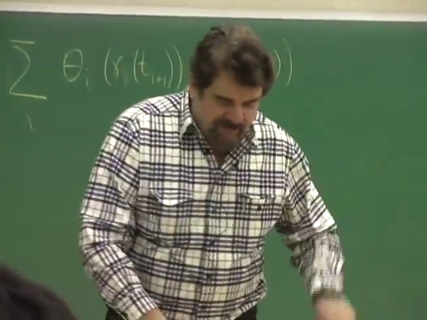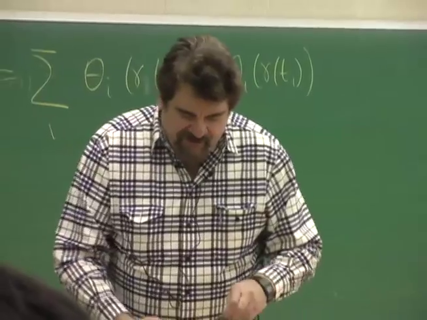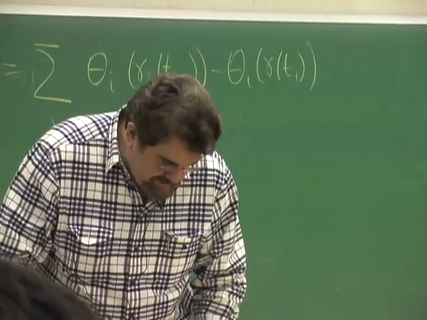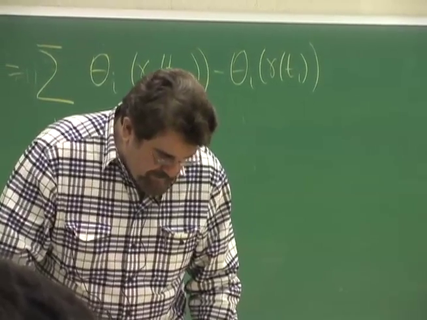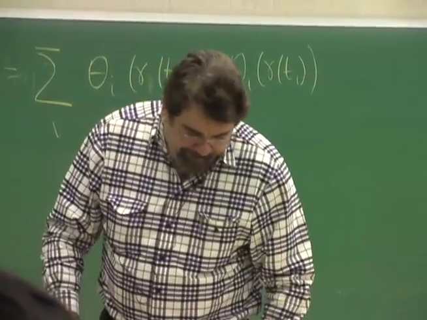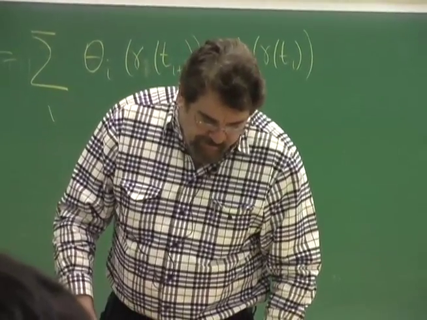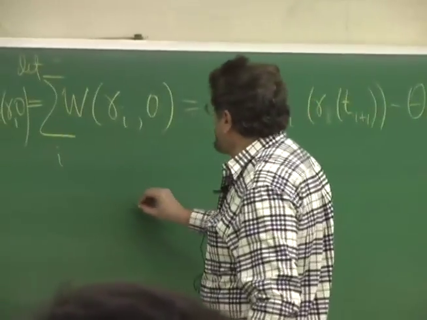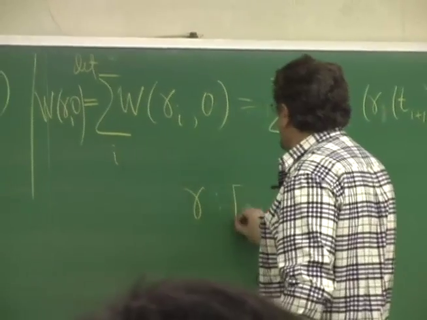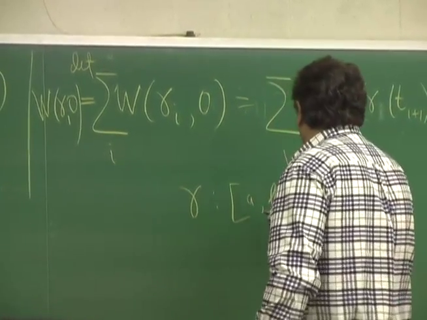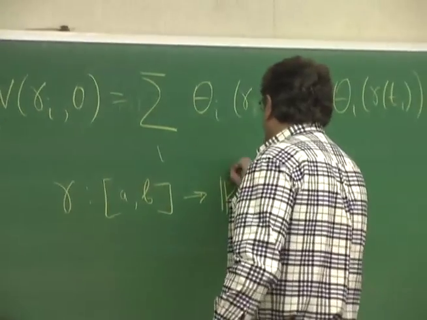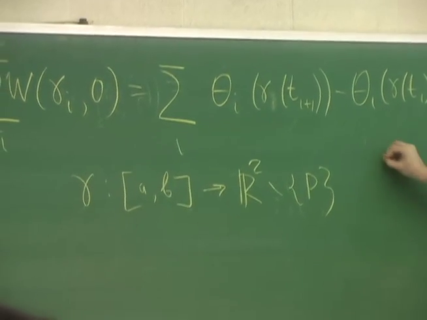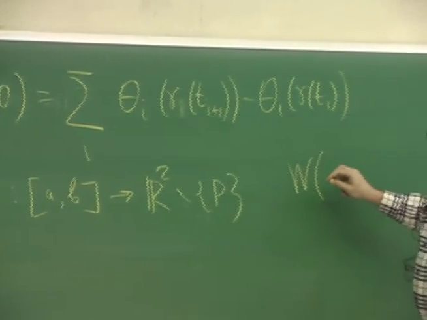Just a moment, I must make sure that I do not miss small things. Okay. Actually, we do not have to have, actually, we can consider gamma from AB to R2 minus any point P, and consider the,